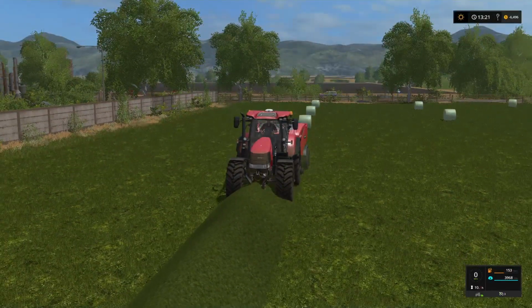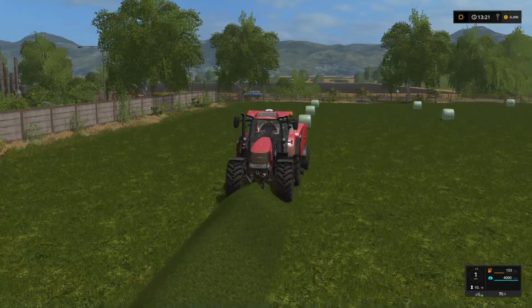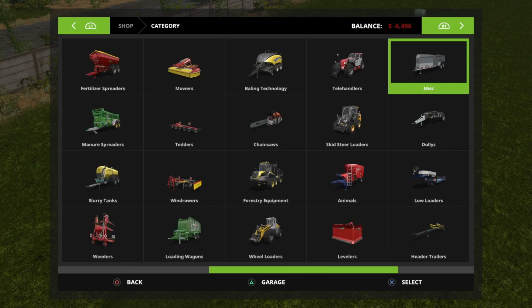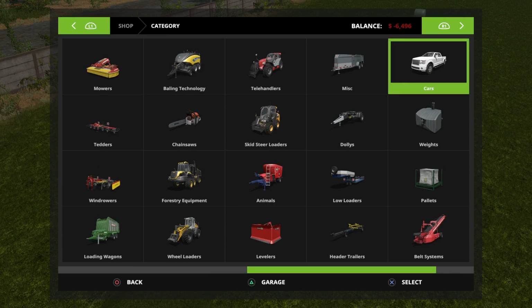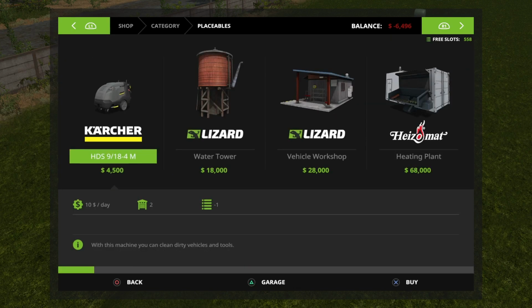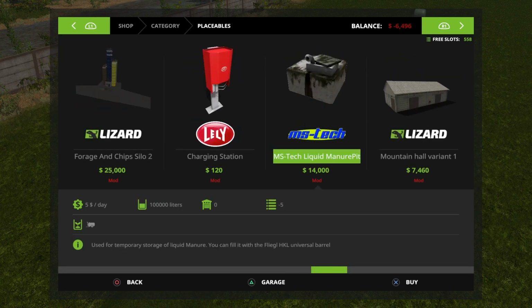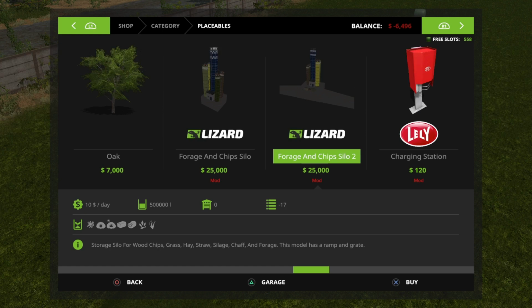And there was also a change to the forage silo. There is now a second option, and this I can show you because obviously we have a forage silo installed. So if we go to placeables, you'll see that there is now a second forage silo. $25,000. I don't have the money to really bring it out and show you, but essentially